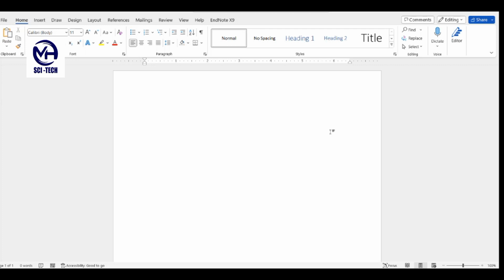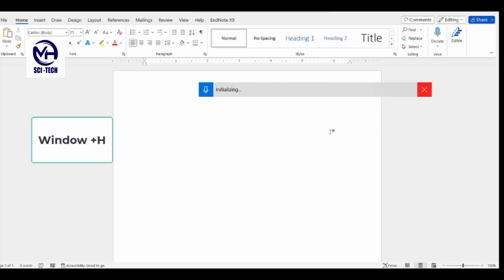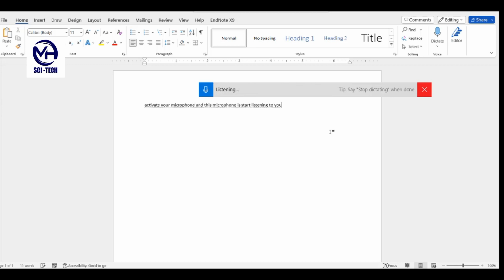This is very simple and will help you a lot if you have documents in a hard format, and if you want to convert it into text, it will help you a lot. What you need to do, you just have to press the Windows button and H. It will activate your microphone, and this microphone will start listening to you or converting your